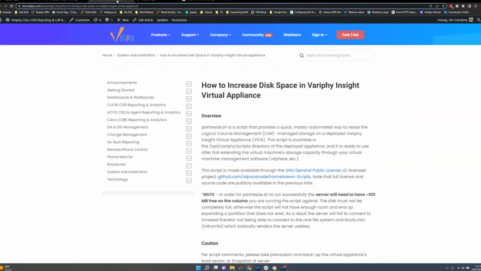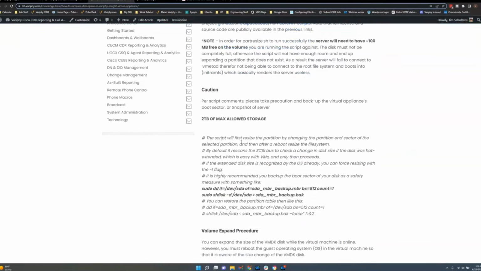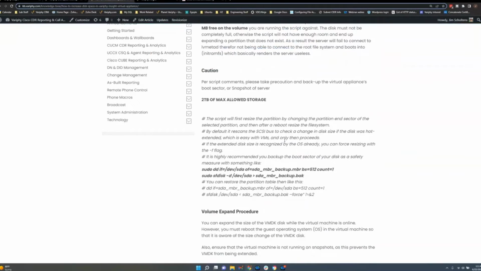Yeah. So another great knowledge base article here is how to increase disk space and verify insight. With Windows you can add the space, and I think a reboot might be required for that. But if you're on a Linux platform, there's a script that you will need to run after adding the space to the VM.